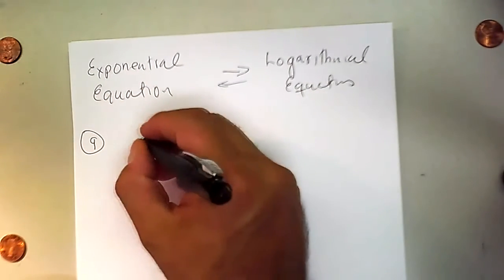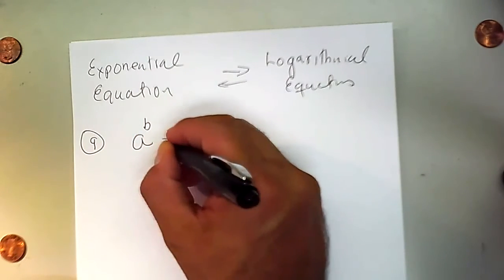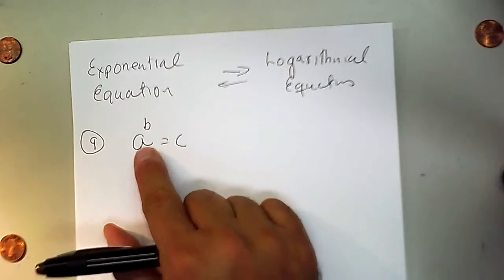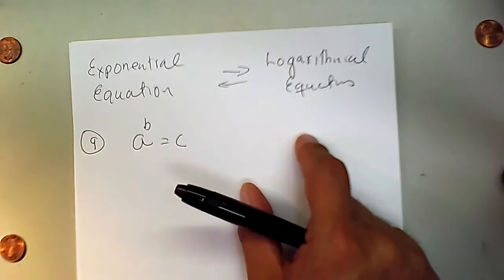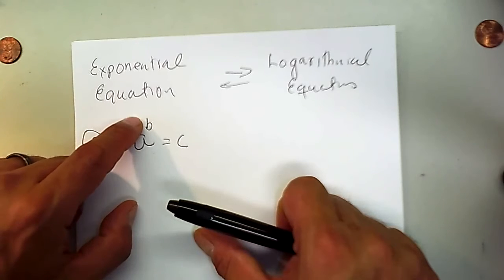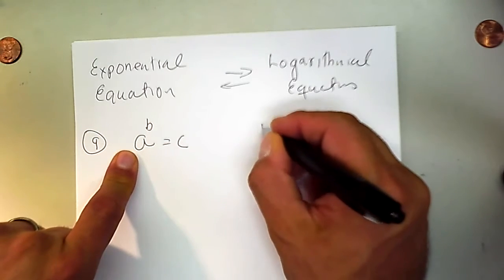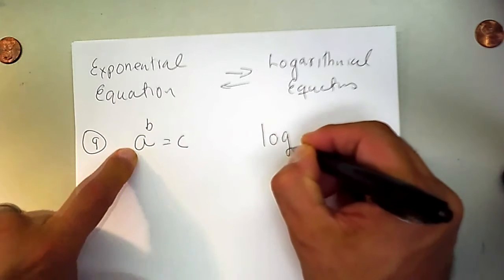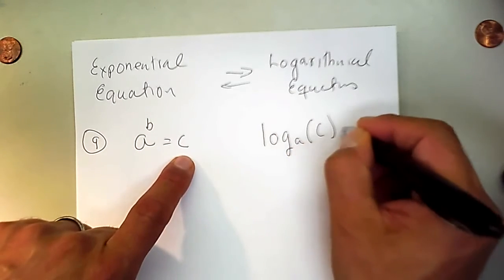Let's say you have a to an exponent b equals c, and we want to rephrase that equation in logarithmic form. We notice that there is a base with an exponent, and that's given as an output. So the way we rephrase this is by stating that the logarithm in base a of c is equal to